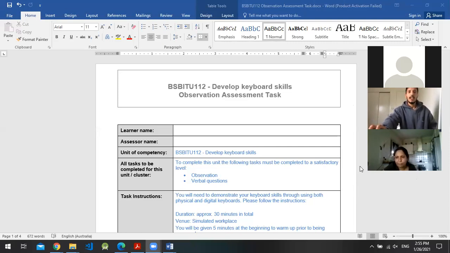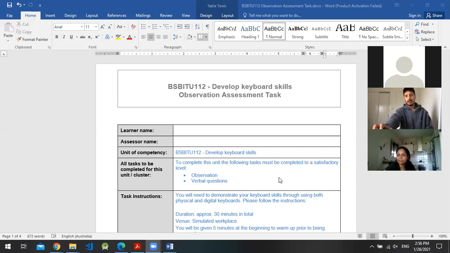The purpose for today is that we are doing our assessment task for the unit BSB ITU 112, which is about developing keyboard skills. In order to get competency for this unit, there are a couple of tasks where you need to show that you are able to do it.